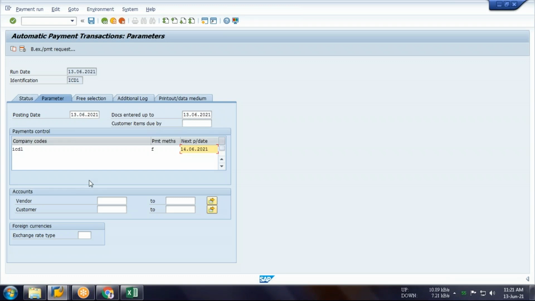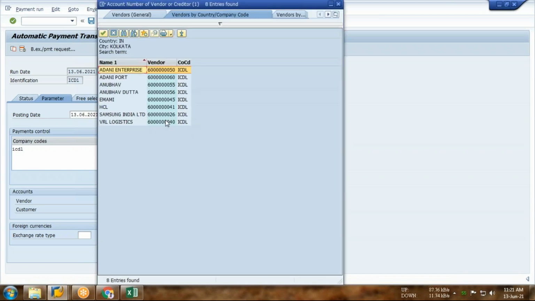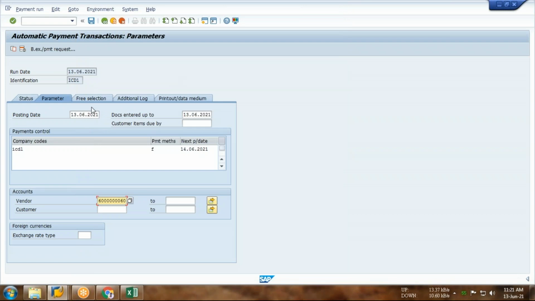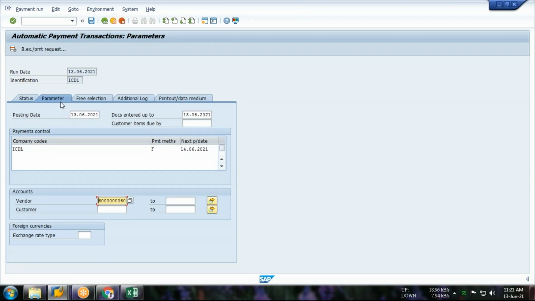And please do not forget to select your vendor. So proper vendor. Okay. Now come to the additional log. So in additional log, you have to select 1, 2, and 4. So in automatic payment, you have to come to the parameter.